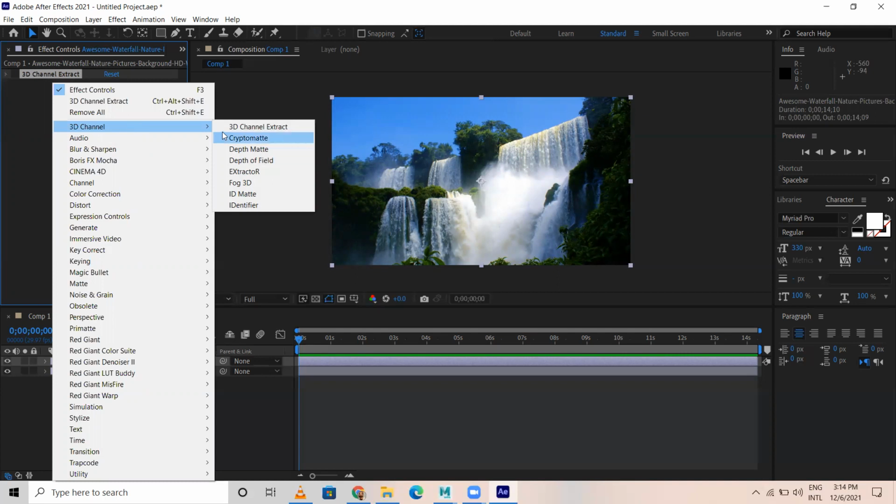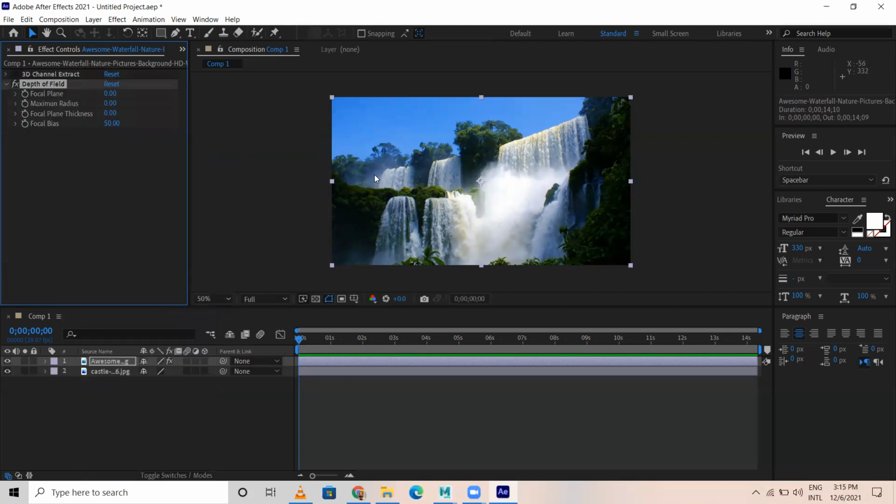3D channel means when we work in Autodesk Maya, we can create a model, we can apply textures and all. In textures, there are different render maps. Okay, depth map, depth of field, DOF it is called. All these things are available in that one particular image so that we can extract each channel from that. For example, if I give DOF,